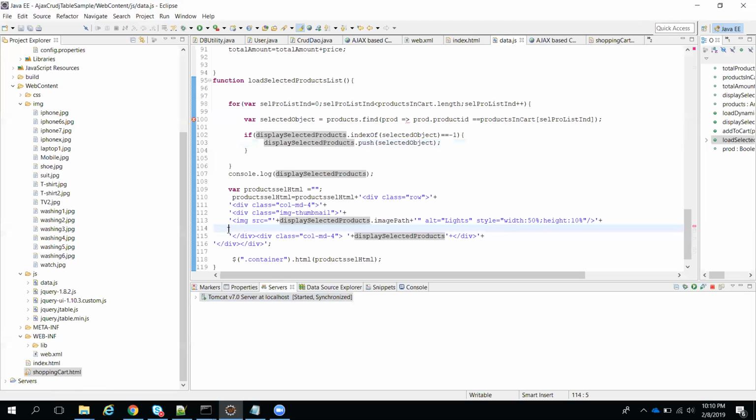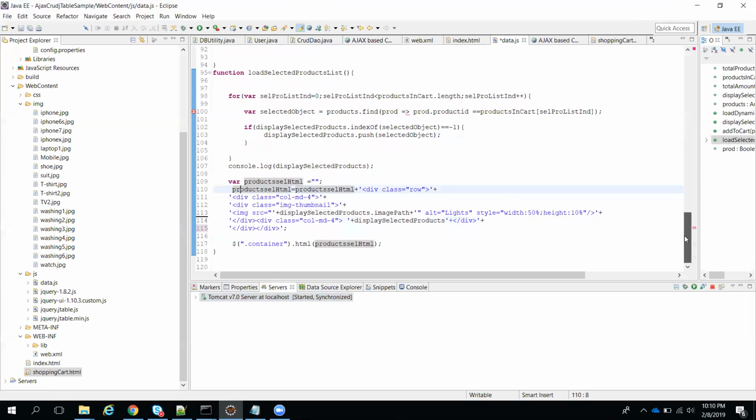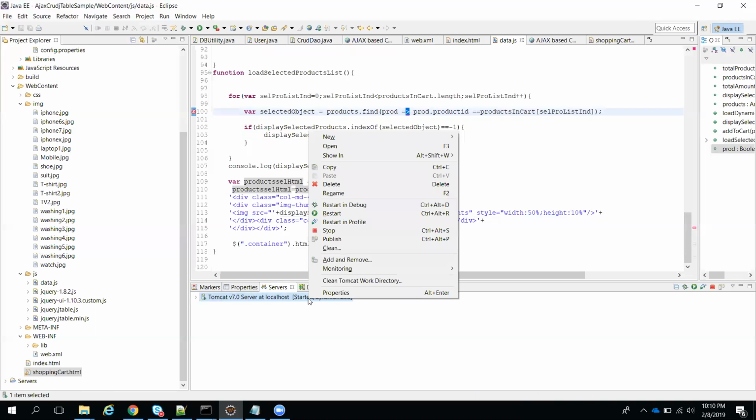Okay, this is white space. This is very dangerous. Okay, so everything is fine. This is okay. We'll restart.